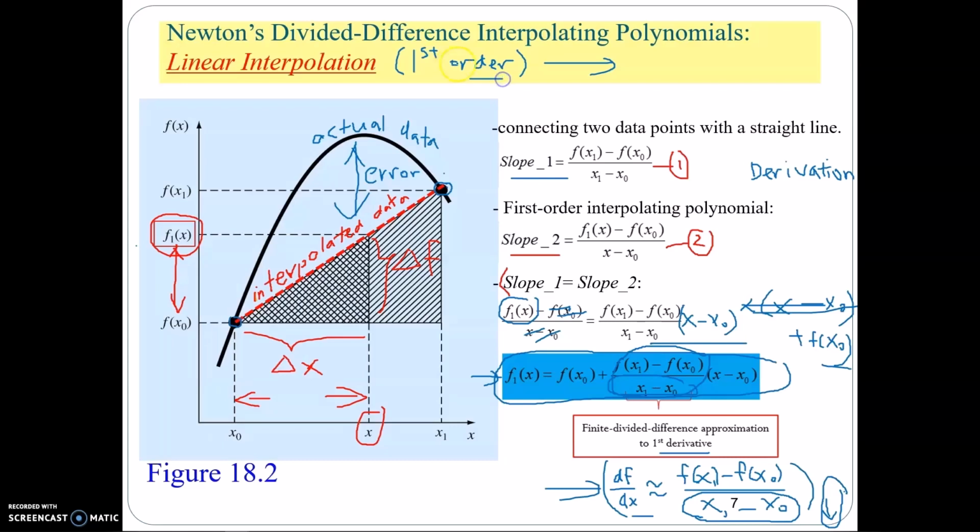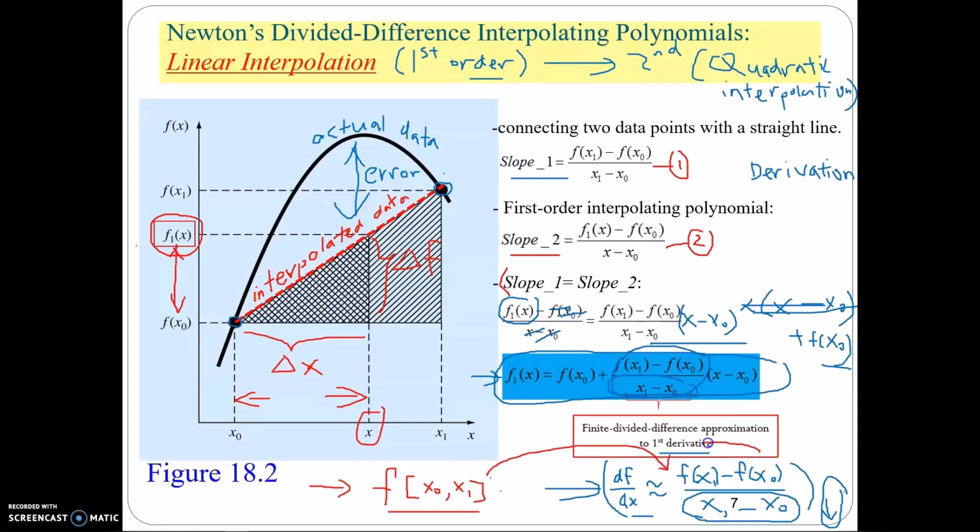Or you can improve the order from first order to second order, which is the quadratic interpolation, in order to reduce the error. Before we continue, bear in mind, if you see a notation like this, where you have the f in the bracket of x0, x1, this notation is equal to the first derivative formula here, where you have the function in terms of x0 and x1. If you change the x number to x2 and x3, then you should expect here you have x3 minus x2,